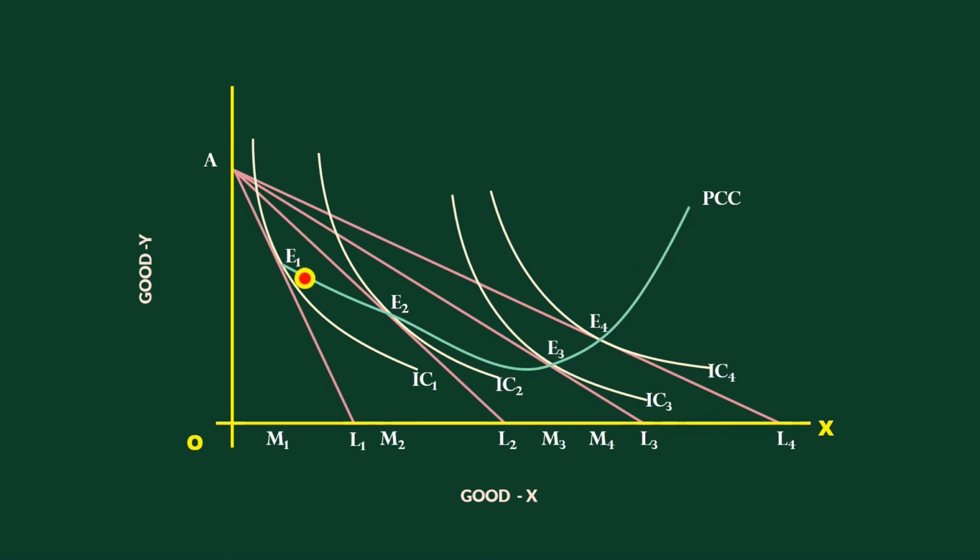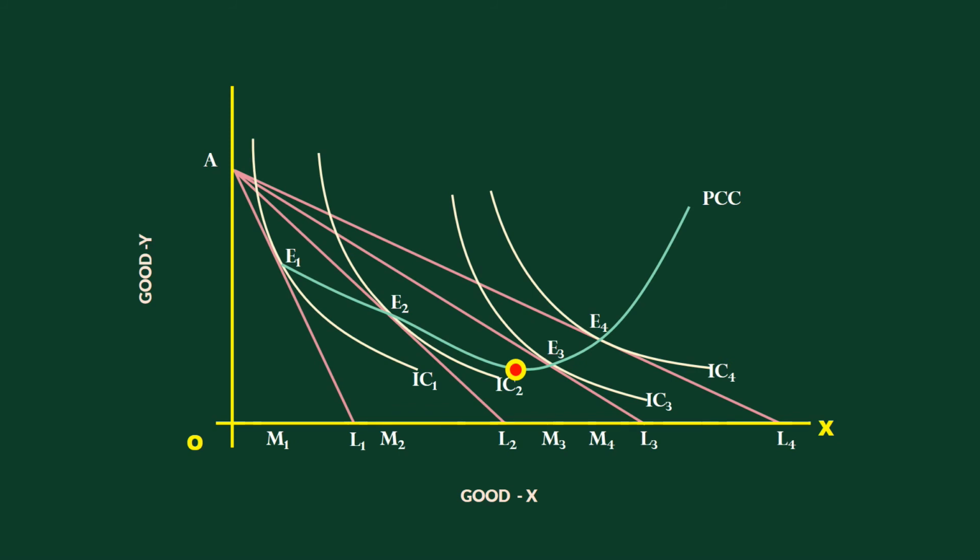The falling segment of the price consumption curve represents a certain price range. In this segment, or price range, demand is relatively elastic. The upward sloping price consumption curve represents a different price range. In this range, the elasticity of demand for good X is less than 1. At the minimum point of the price consumption curve, the elasticity is unitary. Thus, the same price consumption curve exhibits different elasticities in different price ranges.